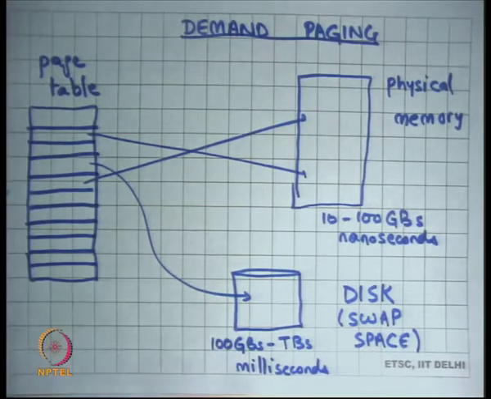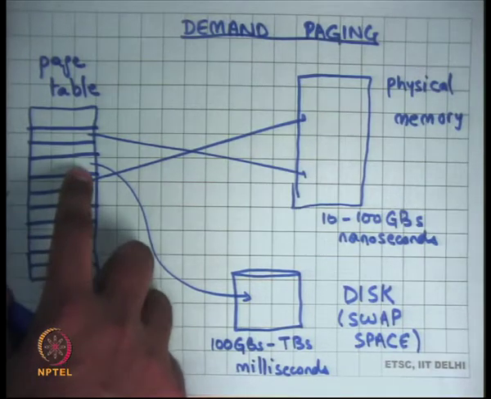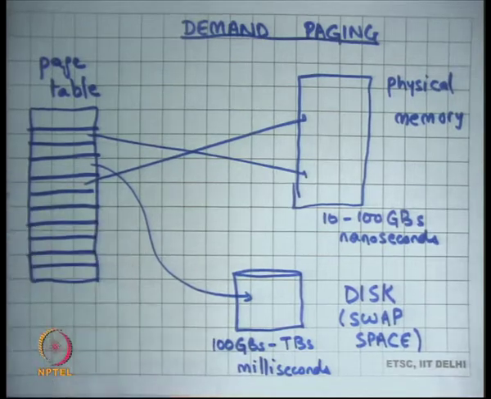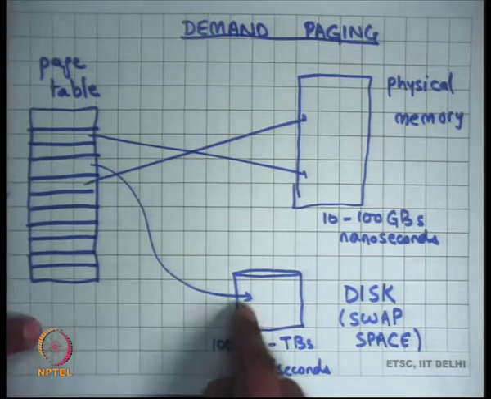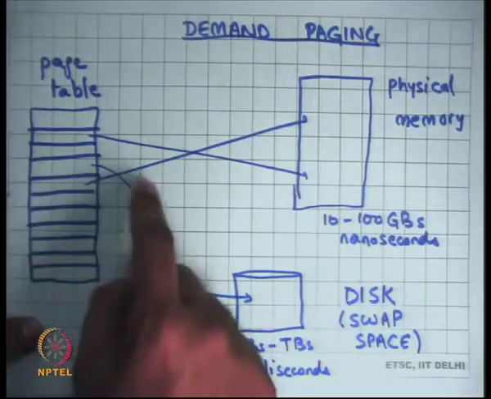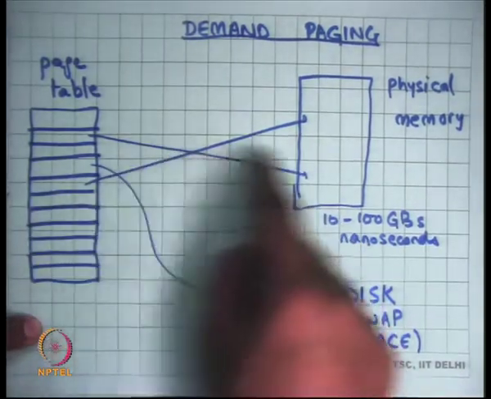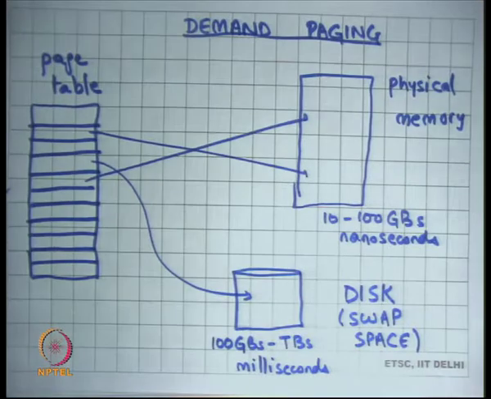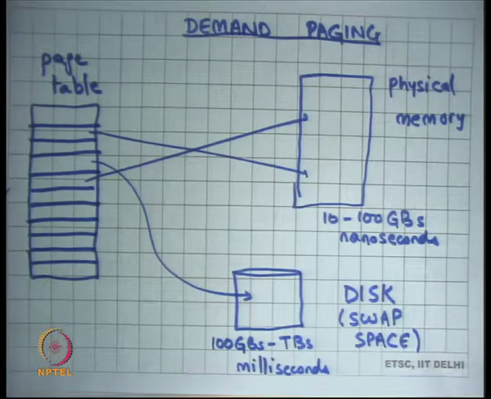So internally the operating system is maintaining some data structure which basically says which pages are mapping to the disk and which pages are not present at all. So if this page is actually mapping to the disk, then the operating system will load this page from the disk to the physical memory, and then create a mapping from the page table to the physical memory and restart the instruction. Now restarting the instruction needs to be safe, as we had discussed last time.